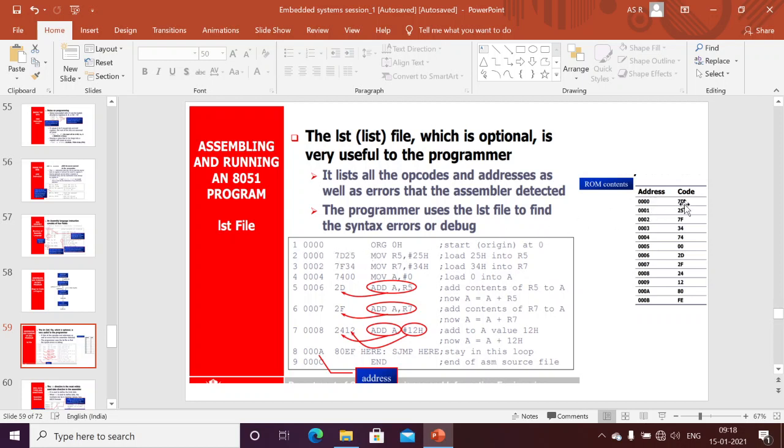70 I am storing into the first location, and in the second location I am storing this 25 value. Why? Because in each memory location we can store only 8 bits. That way this 70 will be the first location and 01 is the second location. Next, this 25 is stored in the second location. Then third location, 02 means third location.